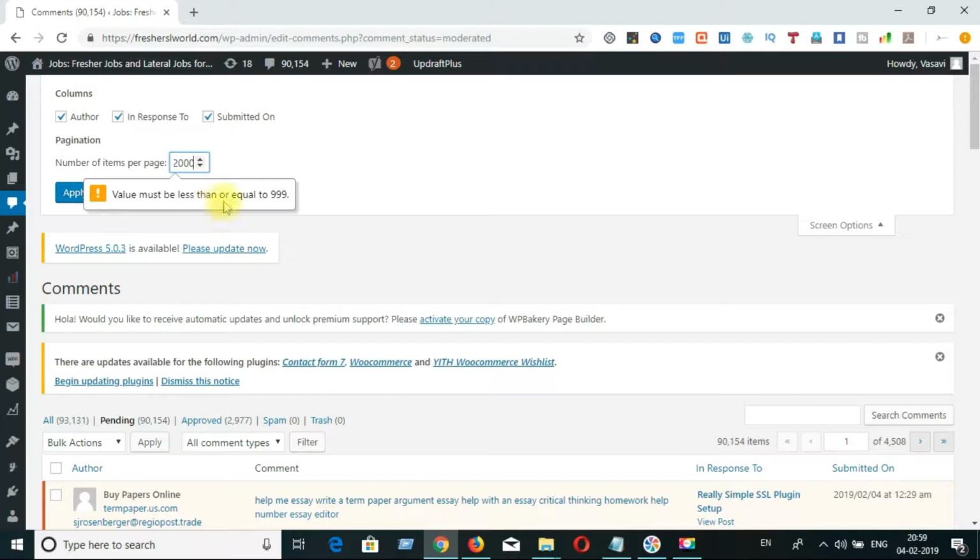Here there is a limitation, you can see the limitation is 999 only, so I am going to put 999 so that it will display 999 comments per page. Then also it will take a lot of time because 90,000 comments are there in this website. Just I clicked on apply.